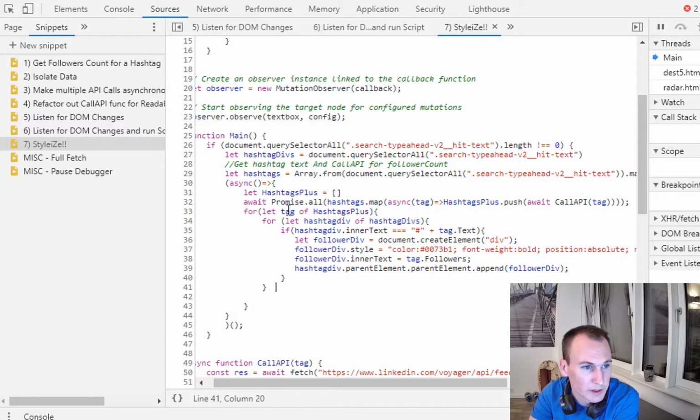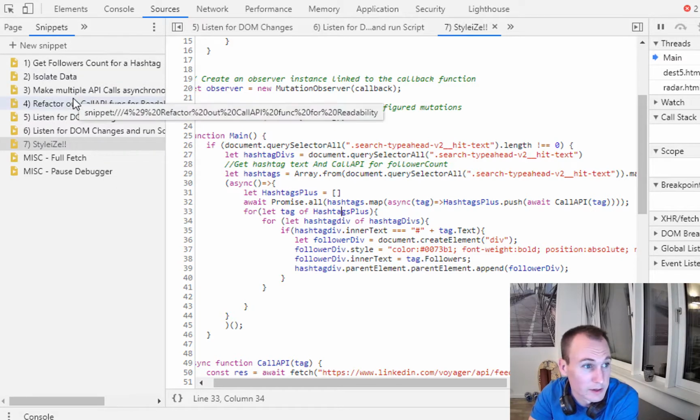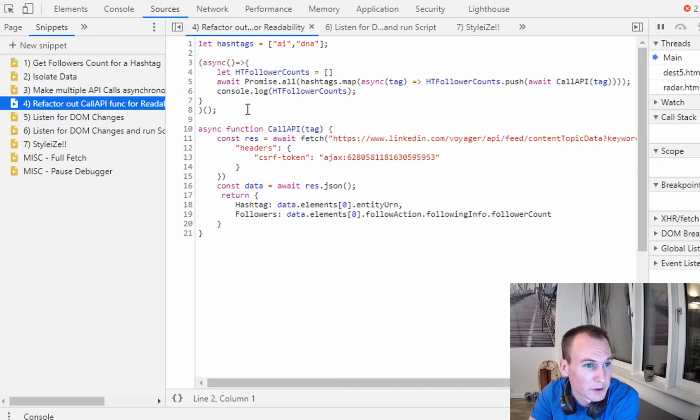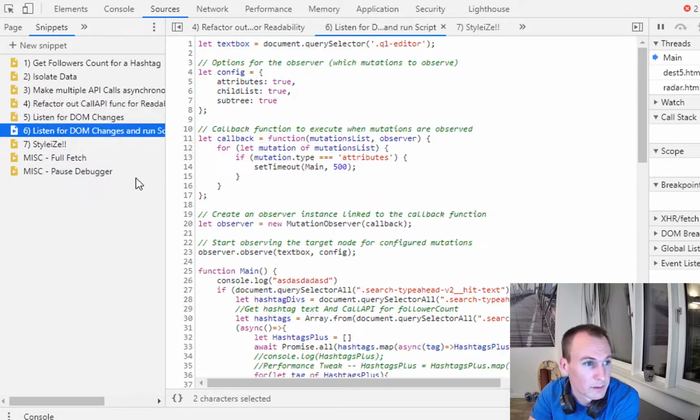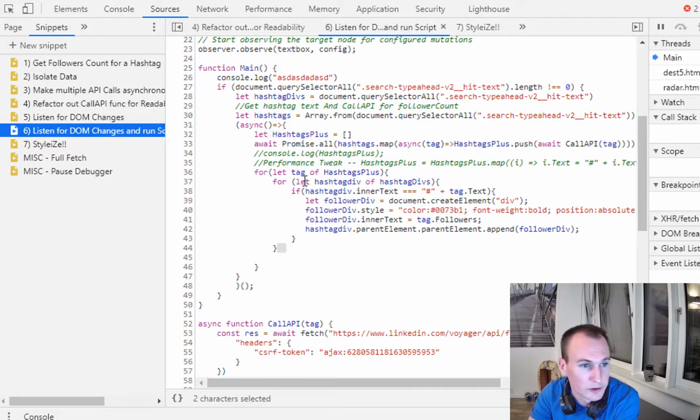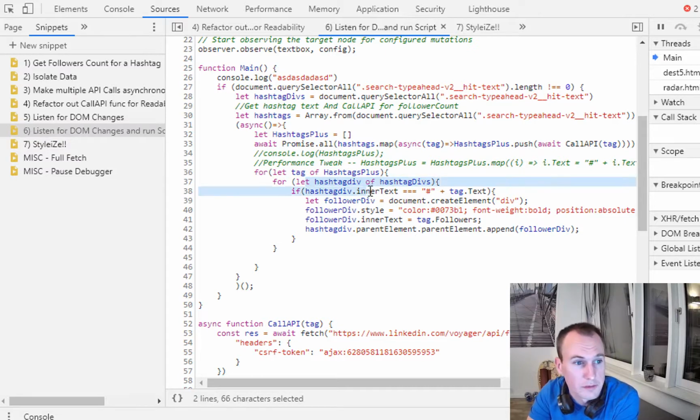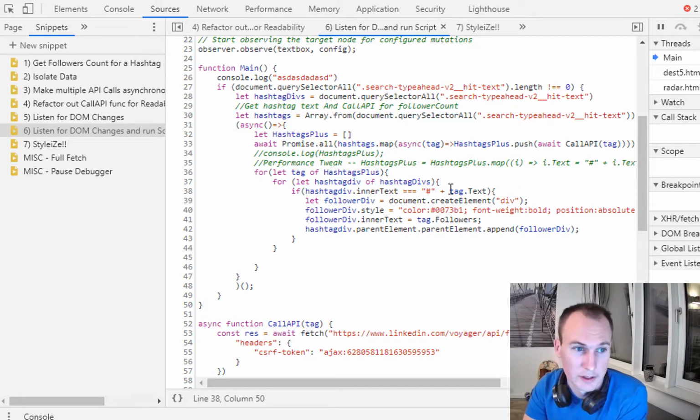Except once we get our hashtags plus array, as you can see, it might be called something different here. Hashtag follower counts, right? Then we are just going to loop through it. And if the inner text is equal to a hashtag, then we want the tag.text, because sometimes